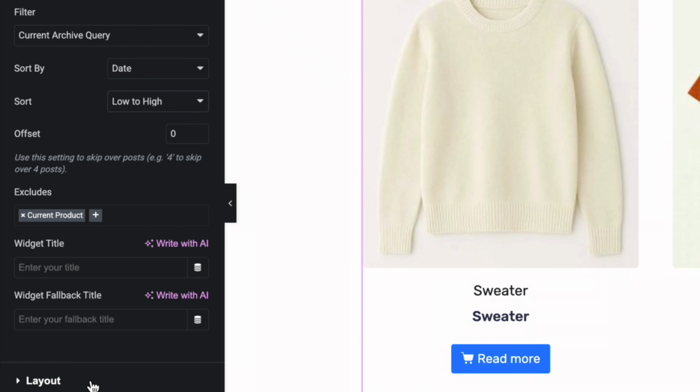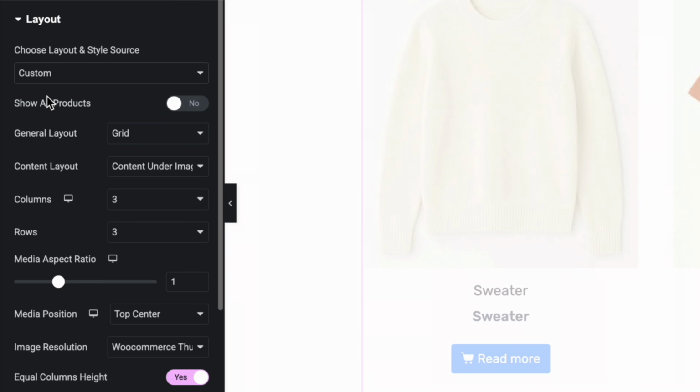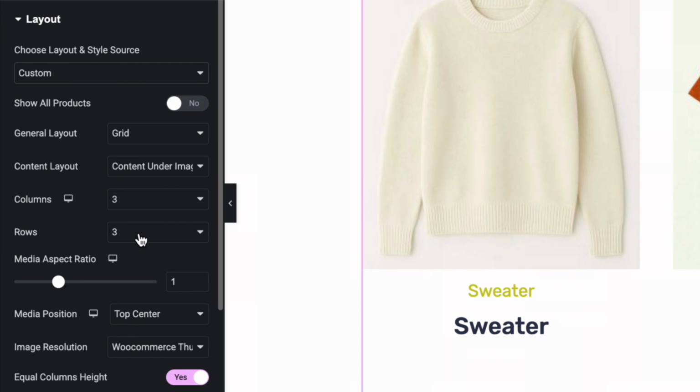Next, which is actually the most important, is the source of the layout that we set for our product grid. Right now, it's set to be fetched from Customizer. If you want more customizability, you need to switch this to the custom because you get all of these options to customize your products grid, some of which are not available in the WordPress customizer.